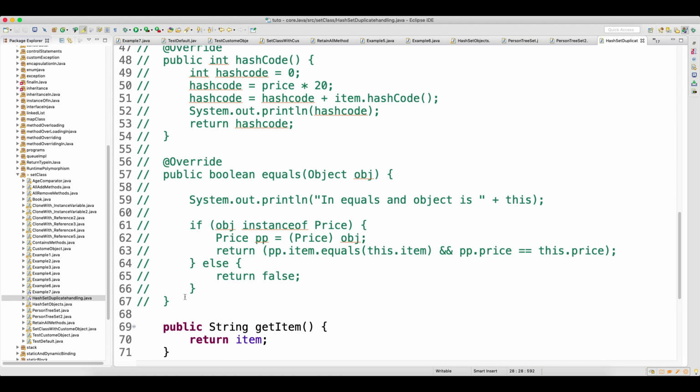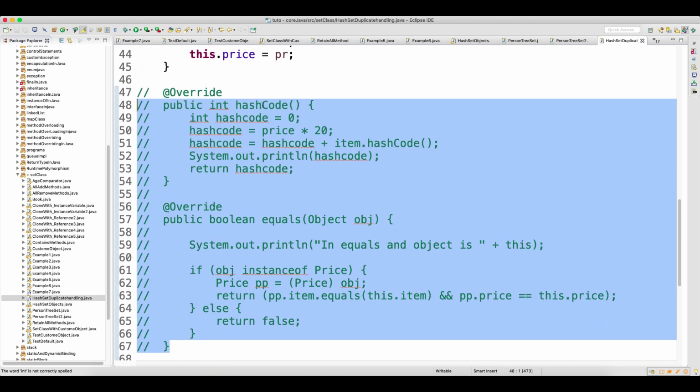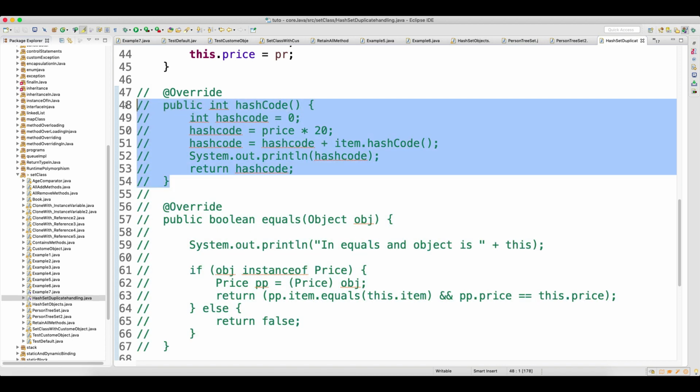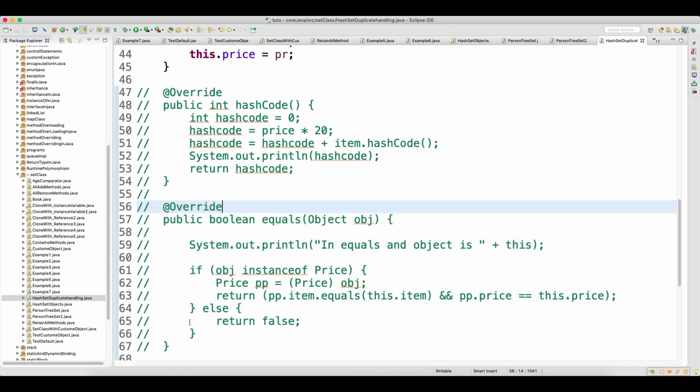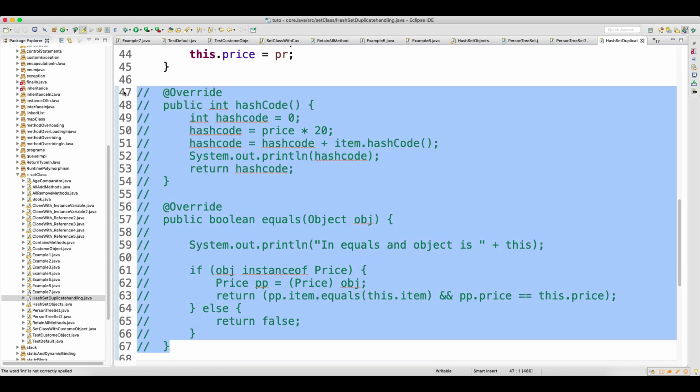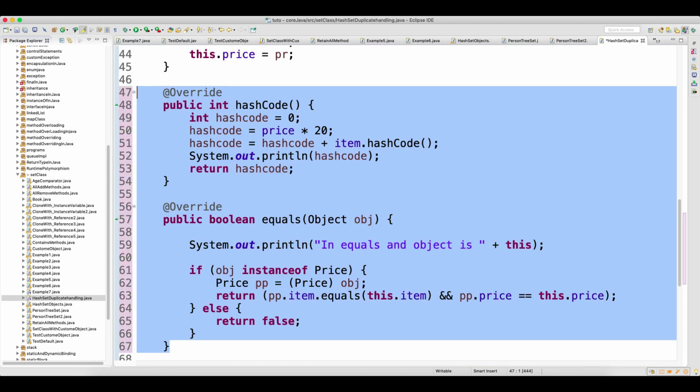method. Okay, you know that, and I have covered this in great detail when I was talking about the hashing concept. I have covered each and every point, like how you can avoid duplicacy, what happens when you override only hash code, what happens when you override only the equals method. But again, I'm giving you some idea, though I should not have covered it here. What you have to do is override both. You have to override hash code and you have to override the equals method.